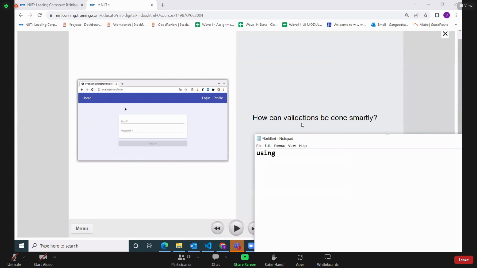Using regex. By using regex. So both server side scripting and client side scripting, I can have my regex. Apart from that,